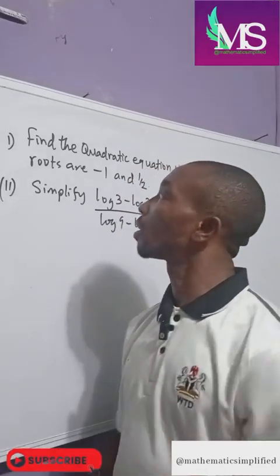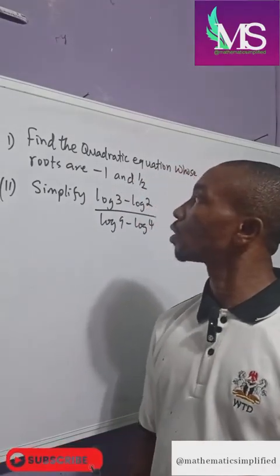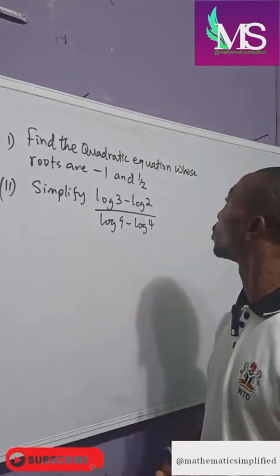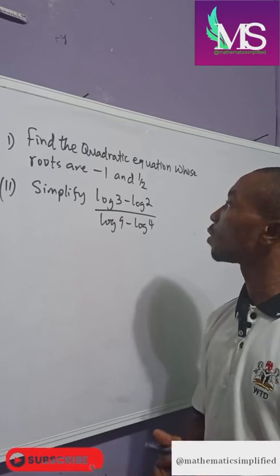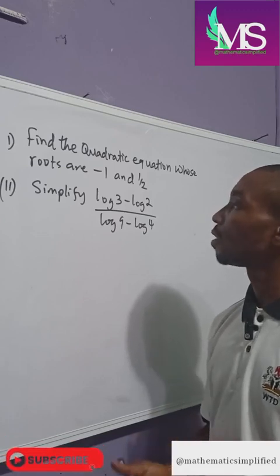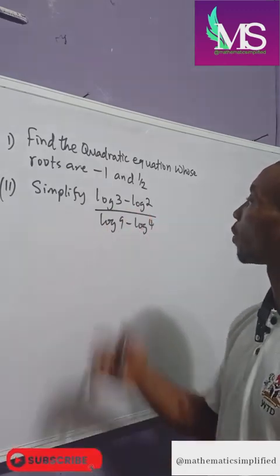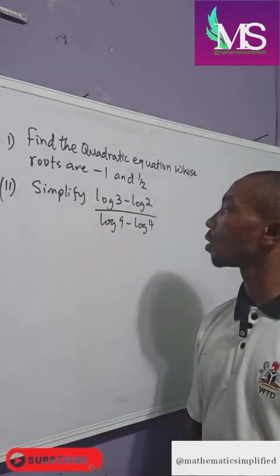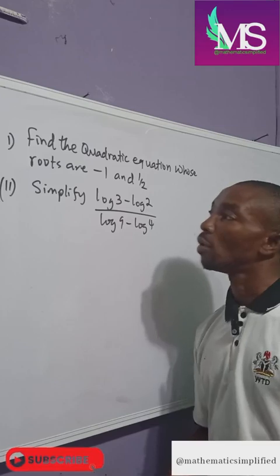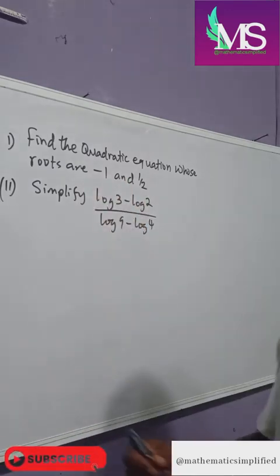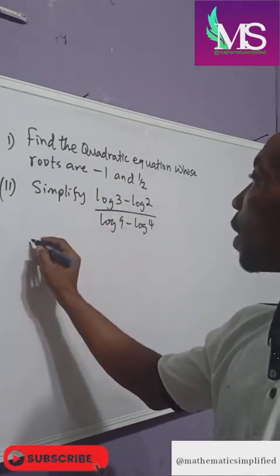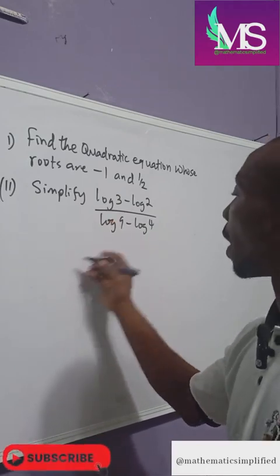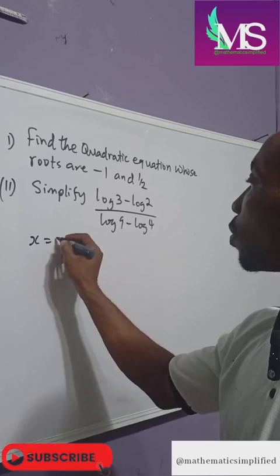Alright guys, let's look at solving these equations. It says find the quadratic equation whose roots are -1 and half, and second, we should simplify (log 3 minus log 2) over (log 9 minus log 4). Now looking at our first one, it says our roots are -1 and half, so we can say x equals